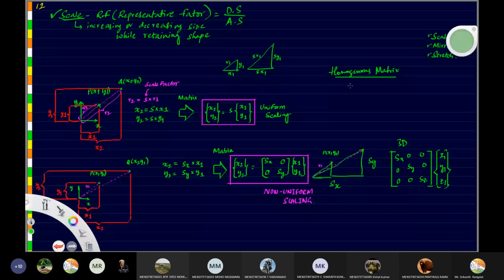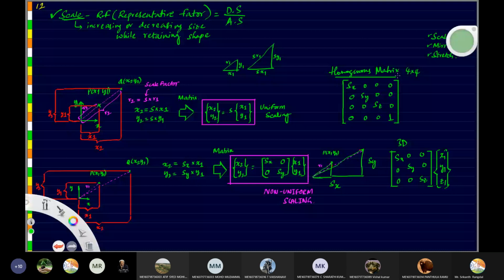Fine. So let me write the full matrix. In this case I have some extra space, so I'm writing it in full. For rotation, space was not there on the page, so I just left it that way. Okay, so this is the non-uniform scaling. We are not doing any translation, so translation has to be 0. Null matrix will always be 0. Uniform scaling we are not doing, so that will be 1. Okay, so this is how we get the 4 by 4 matrix in homogeneous format. This is the homogeneous matrix format for 3 dimensions.